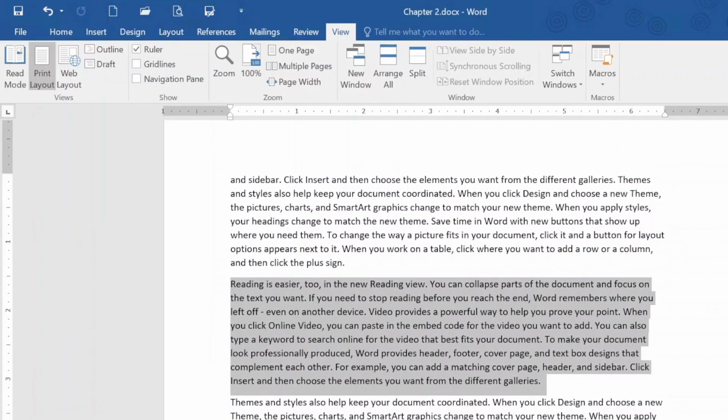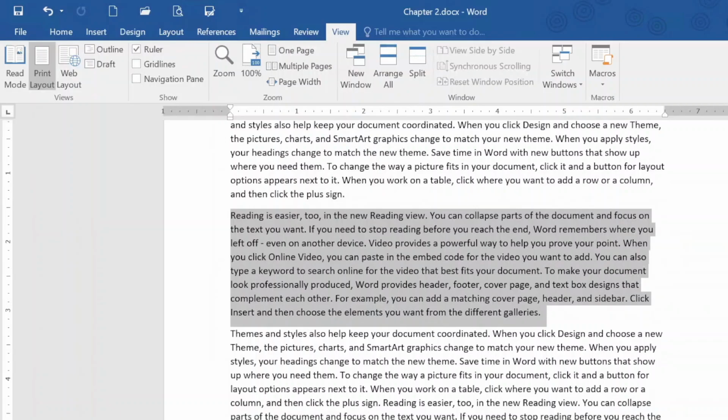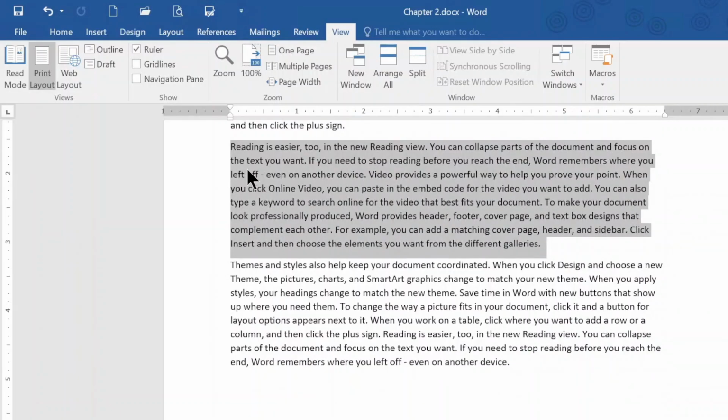Like I said, when you're working with paragraph formatting, you don't necessarily have to select the whole entire paragraph. I have a tendency of doing that just to be on the safe side. I've been doing it forever since I've learned these programs. So it's just a habit I have to be on the safe side. You don't necessarily have to for paragraph formatting. For font formatting, you do have to select everything. So that's why I just select everything to be on the safe side. So I'm going to select the paragraph beginning with "reading is easier too," and we're going to take a look at